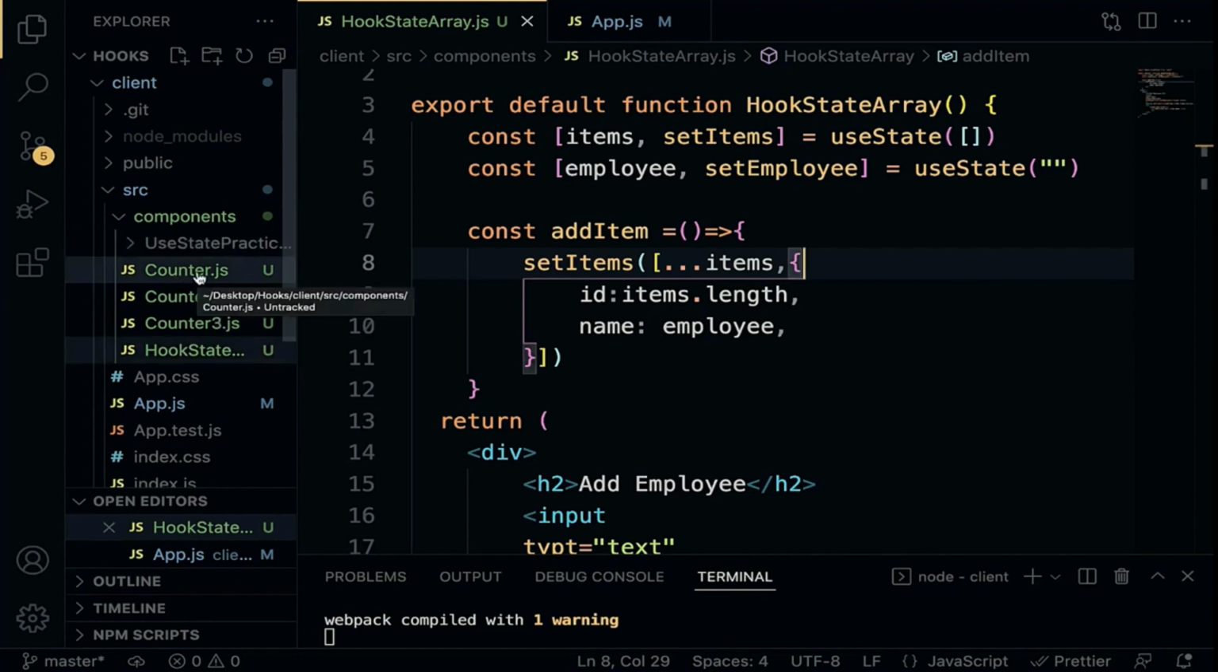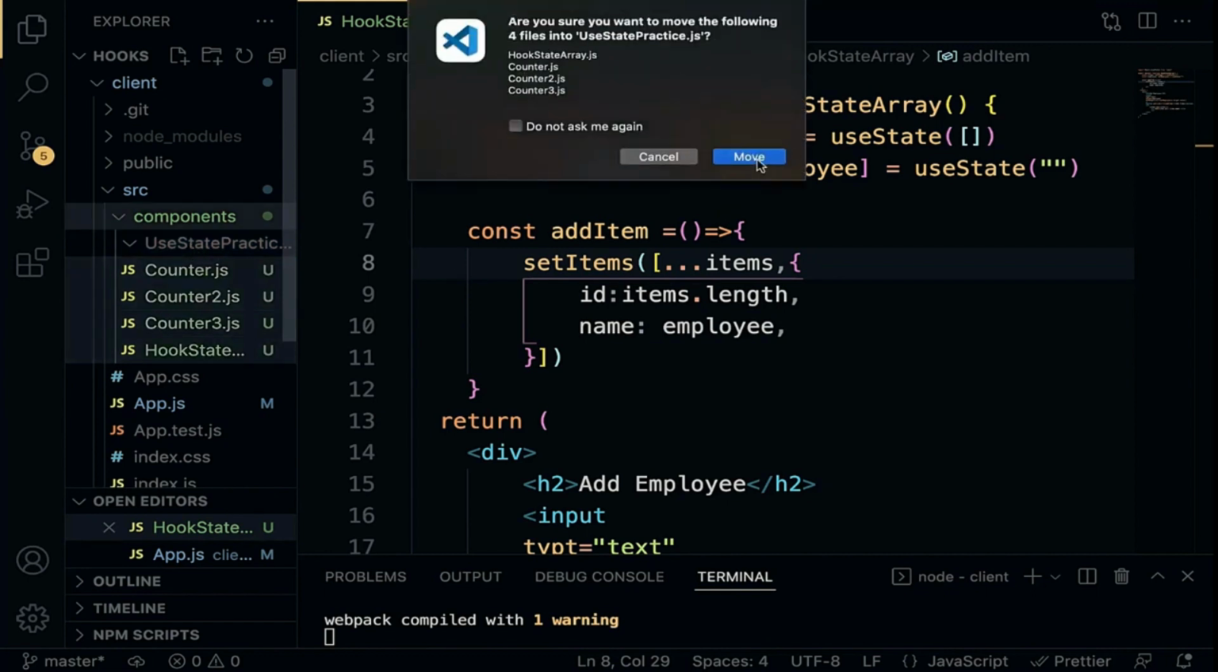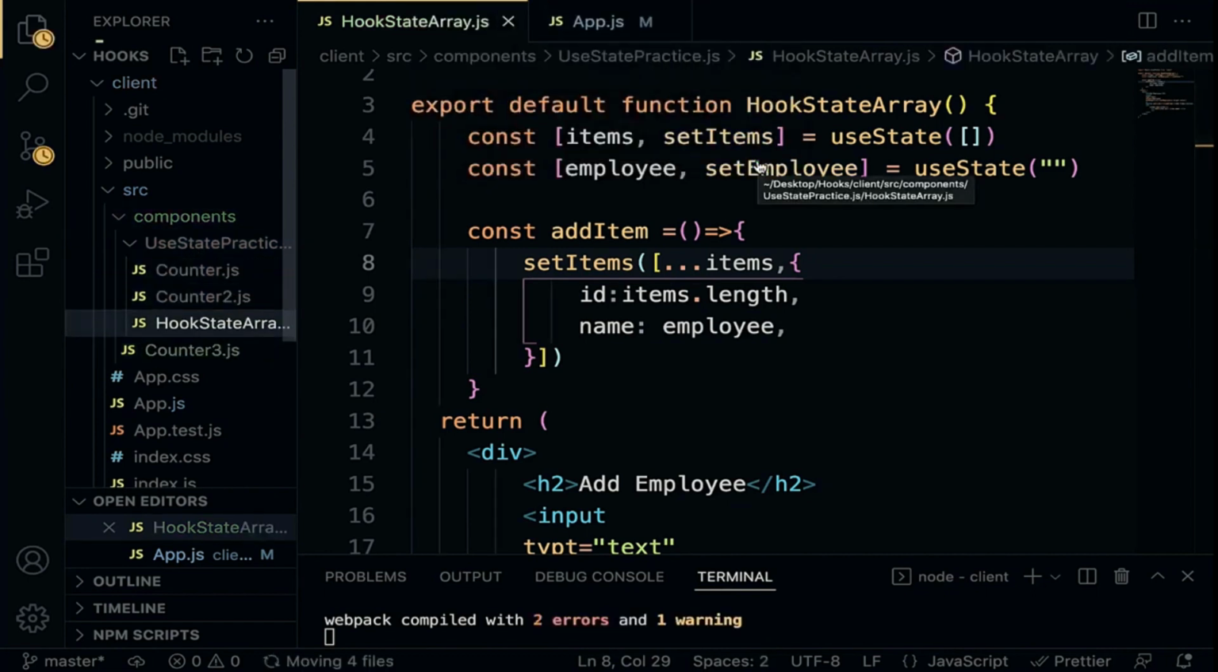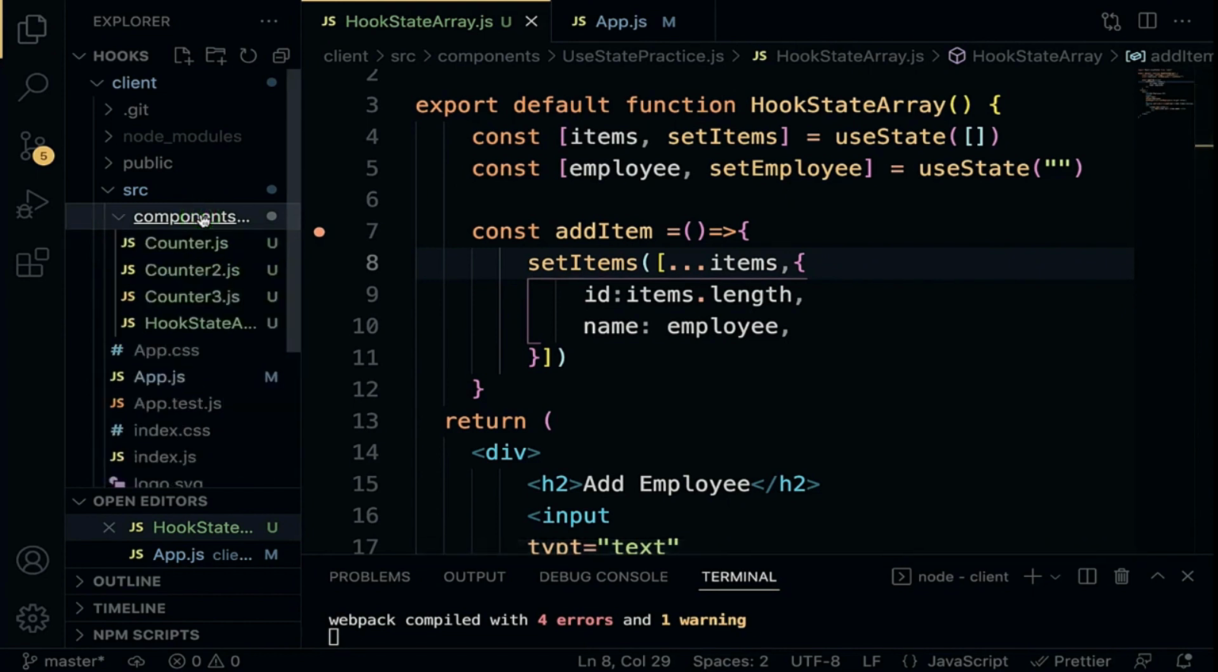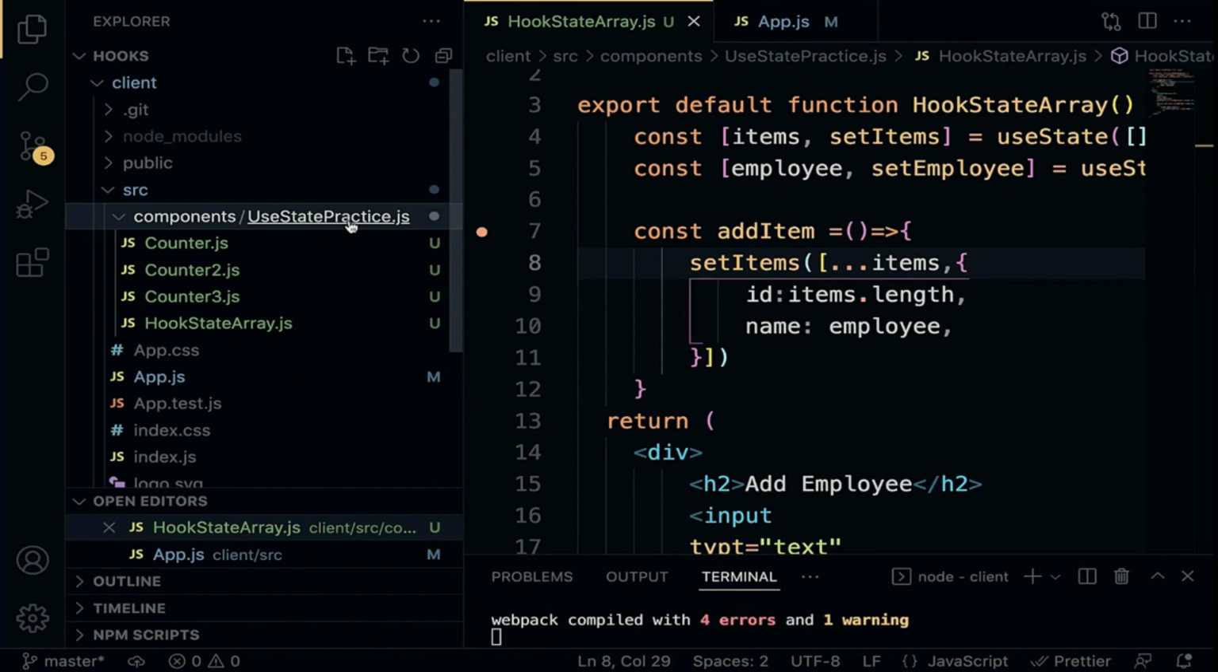folder. Hold down the command key on your keyboard. Tap to select the related files, drag and drop them into the useStatePractice. Click on Move. Perfect. So now we have the components directory, and right within the components directory, we have the